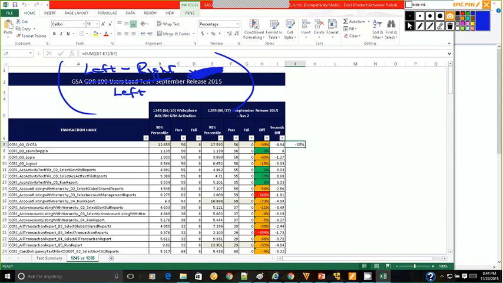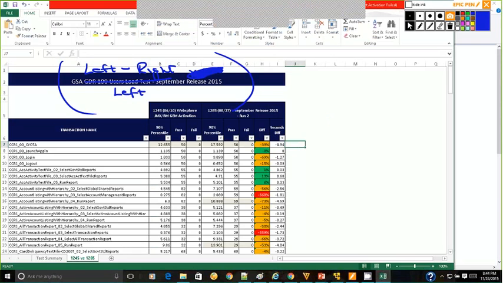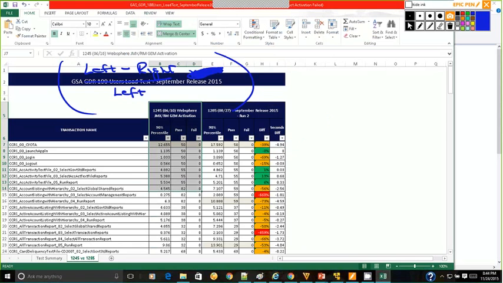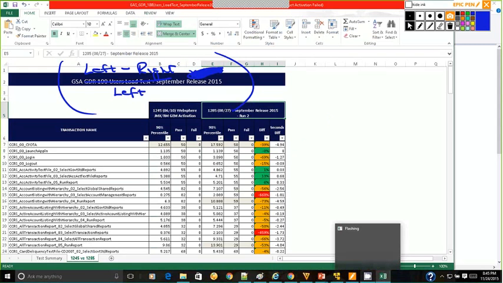Say for example, my left side is the baseline test that I ran. Right side will always be the new release. So on the left side you put the old release, on the right side you put the new release. Now we are comparing whether from the old release to the current release, did the performance improve or degrade?